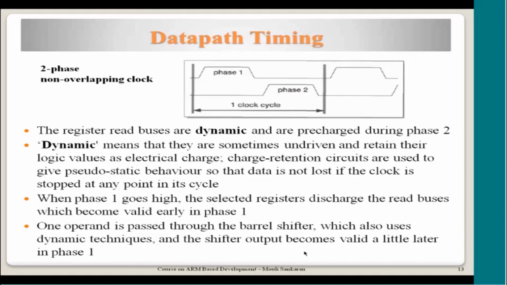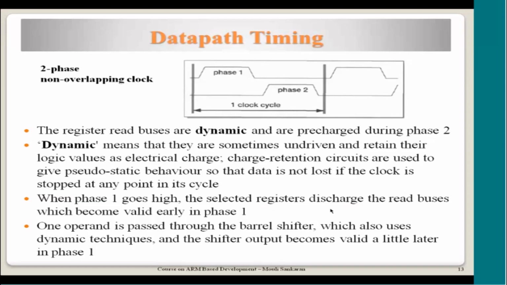So when phase 1 goes high, the selected registers discharge the read buses. That means when I say selected registers discharge, they put the values on the bus. During phase 1 they are discharging, which means in the prior cycle the bus is already charged, and when a particular register needs to drive the bus, they discharge the specific